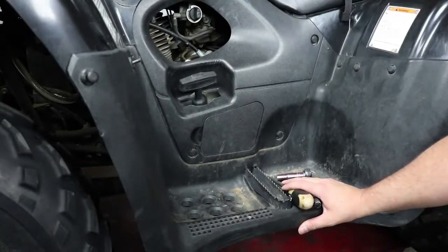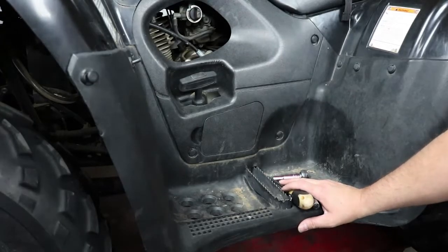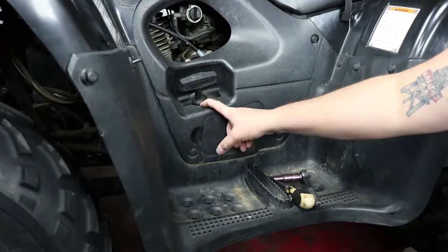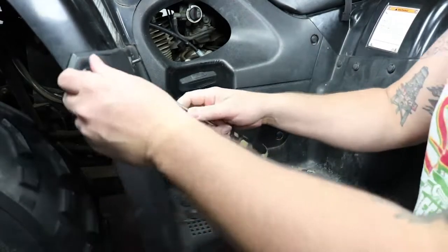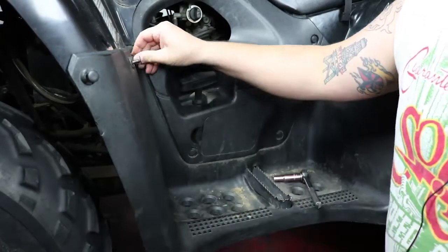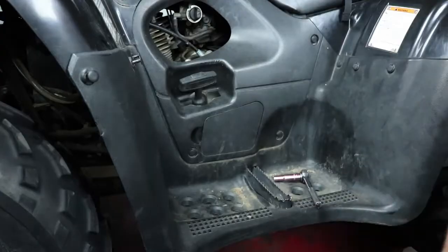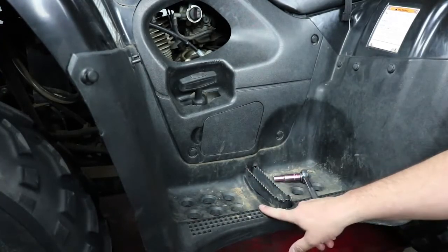Okay, so to get started, we need to remove the left side panel here for access to the stator and flywheel. The stator and flywheel are installed on the left side of the motor behind the recoil start here. These panels come off pretty easily with these plastic push rivets. You can easily pop them out of place by working a flathead screwdriver underneath them to lift them up a little bit and then pulling the rest of the way out. There's also three 10mm bolts here that hold the plastic panel to the footbed, so we're going to remove those